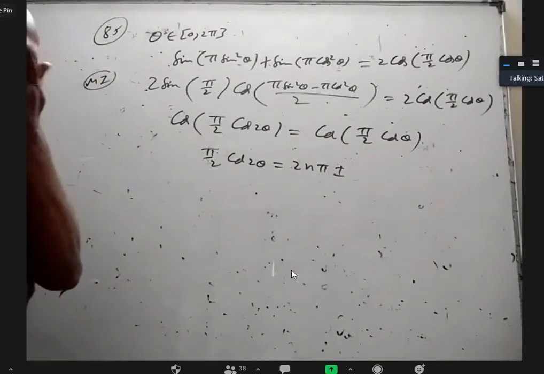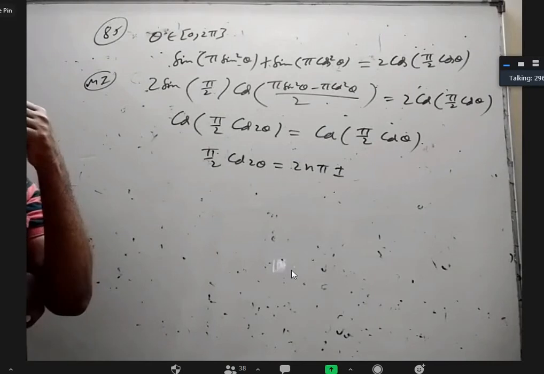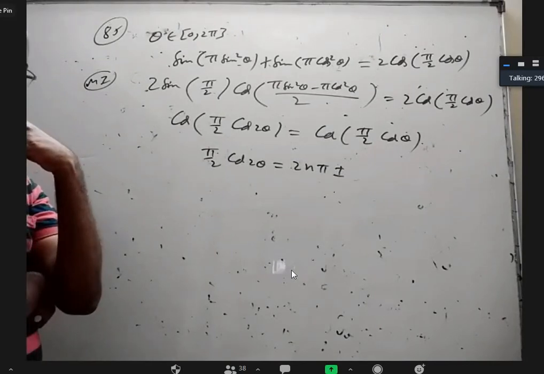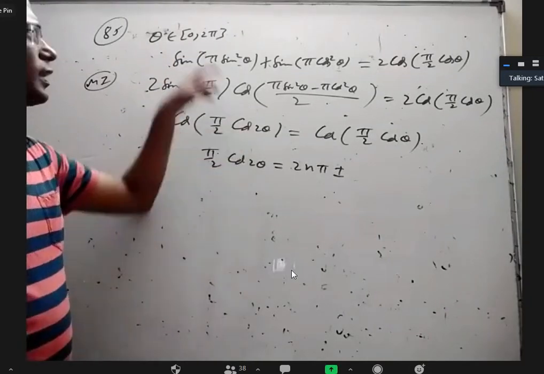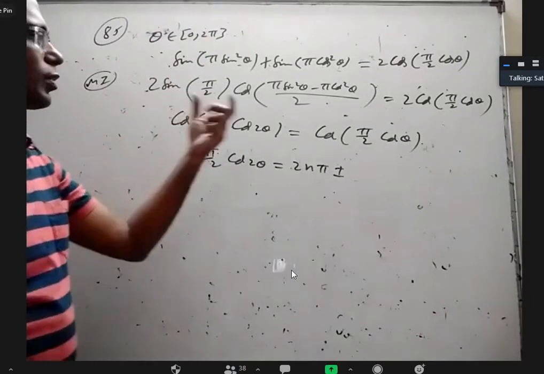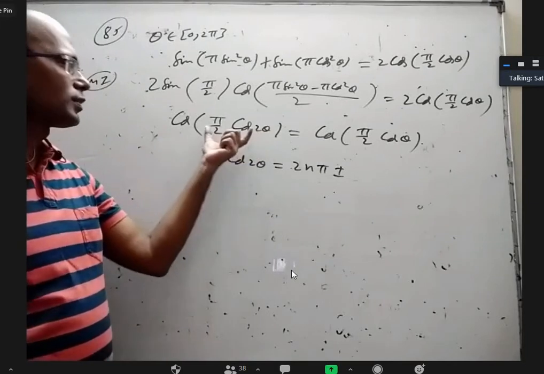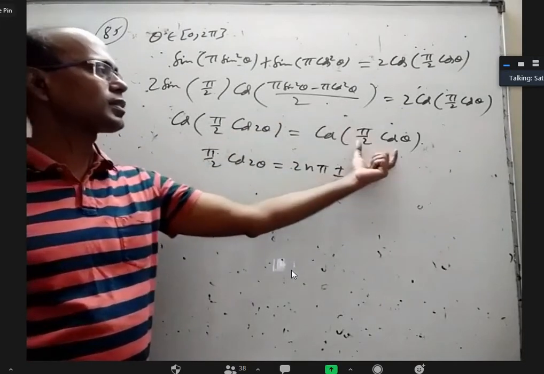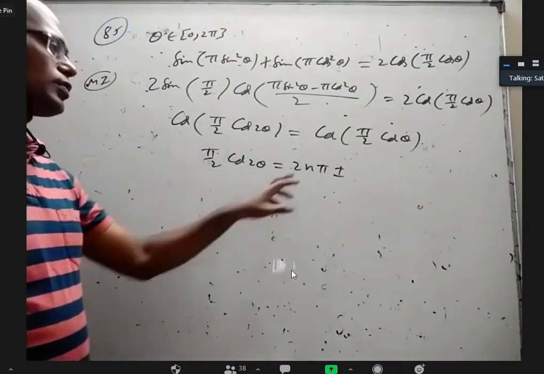Sir, interval is between 0 to 2 pi, no, sir. So minus or plus we can take, sir. One minute. Whether that interval is 0 to 2 pi or not is not so important. Cos 2 theta is always between minus 1 to 1. So this is between minus pi by 2 to pi by 2. This is also between minus pi by 2 to pi by 2. So as you said, 2 n pi will not come.